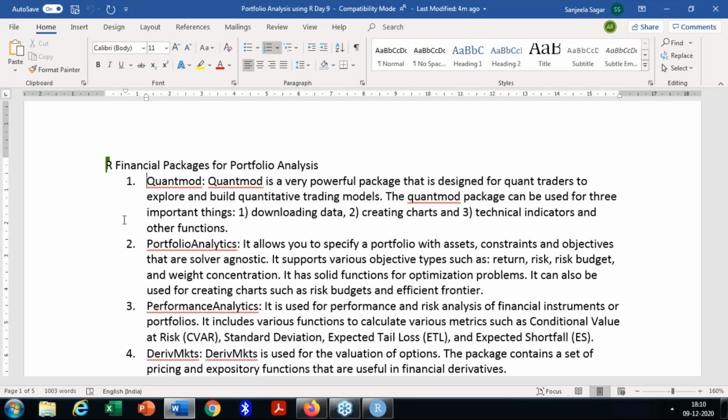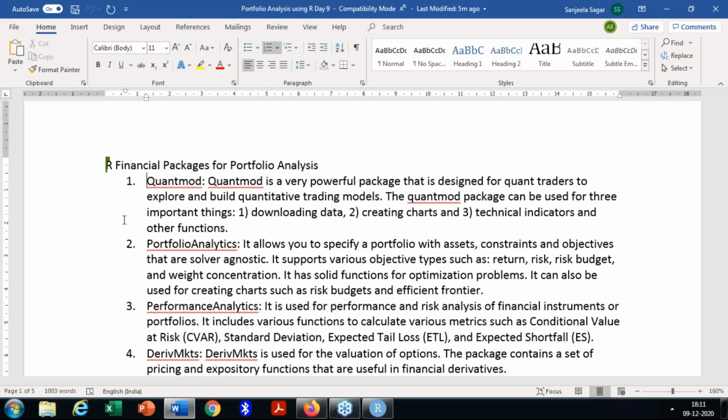Then the second package which we will be using today is portfolio analytics. What is the purpose of portfolio analytics? This package is basically designed to optimize portfolios according to a specific criteria. Definitely, the portfolio we can't say is directly inbuilt, we need to optimize it also. So for optimization, let me take an example, there is a method called mean variance portfolio optimization. If we want to use that or some other method, we would be able to do that